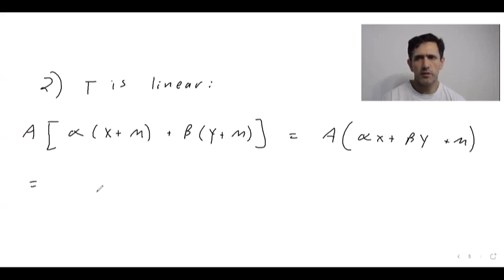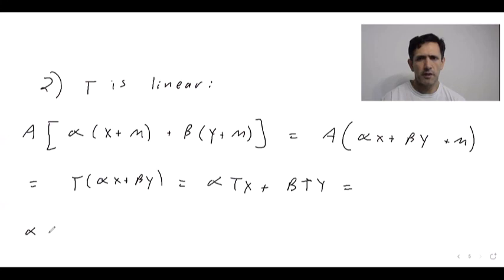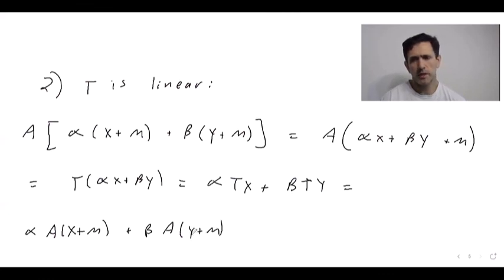Yeah, this is pretty trivial. This is going to be T of alpha x plus beta y. Linearity. And so this is certainly by definition going to be alpha A(x plus m), which is Tx, beta A(y plus m), which is just beta Ty. Okay,